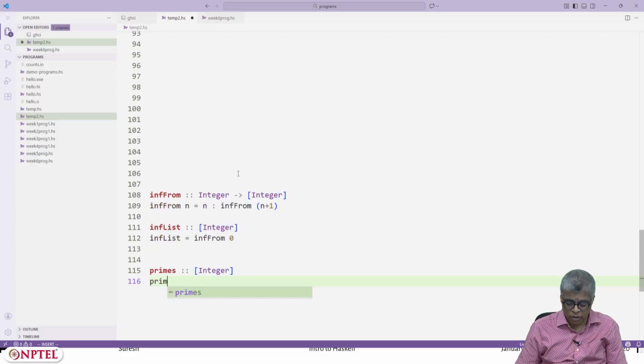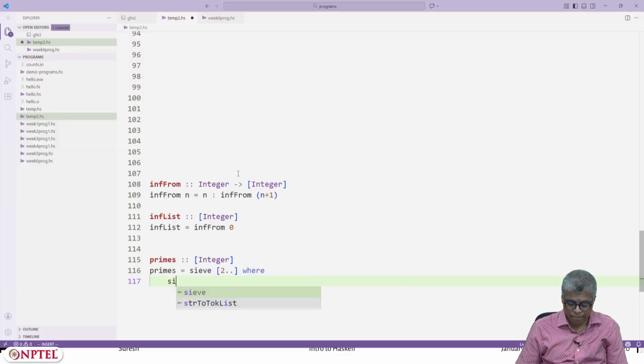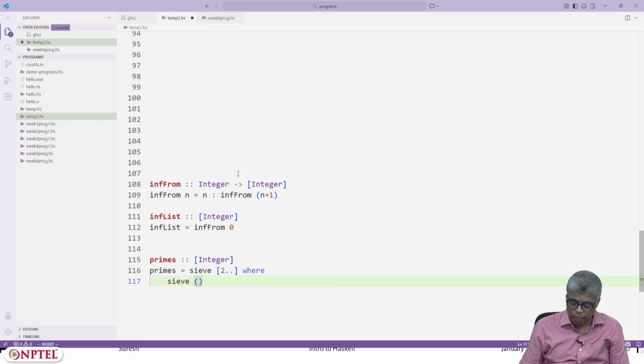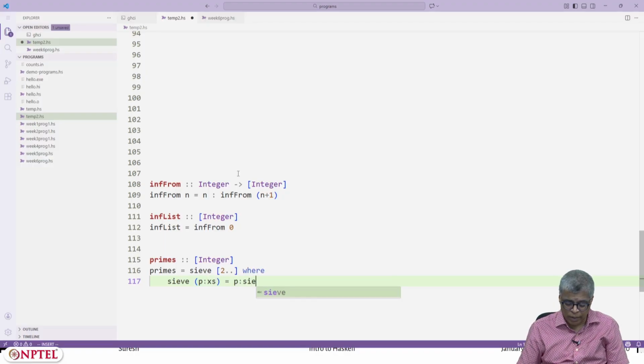Primes is defined to be sieve of 2 dot dot, where sieve of prime p followed by x's is nothing but p, you extract p and then you apply sieve on the sublist of x such that x comes from x's and x mod p is not equal to 0. That's it.